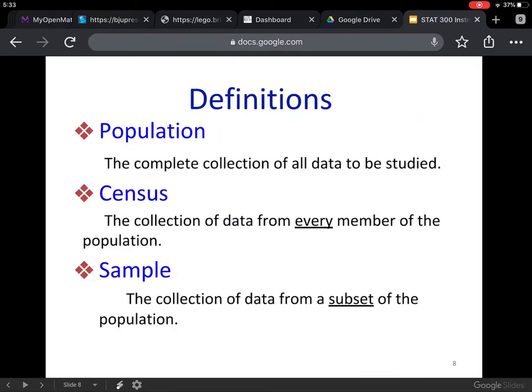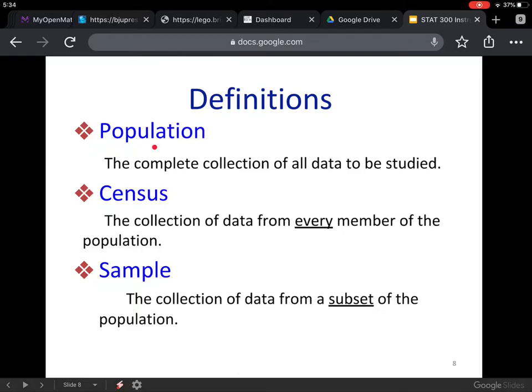Here are some more vocab words. Chapter 1 is about vocab. There's going to be a lot of stuff that we need to make sure we understand. I'm going to do this at the very beginning, and then we will be able to use all of this vocab as we talk about more advanced things.